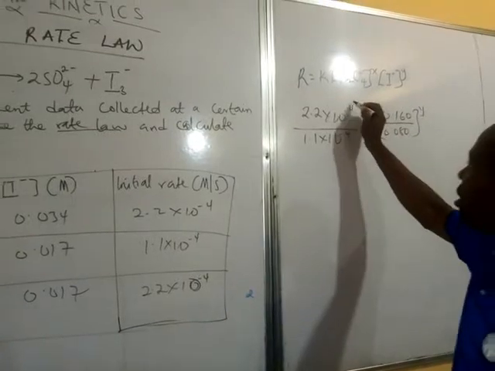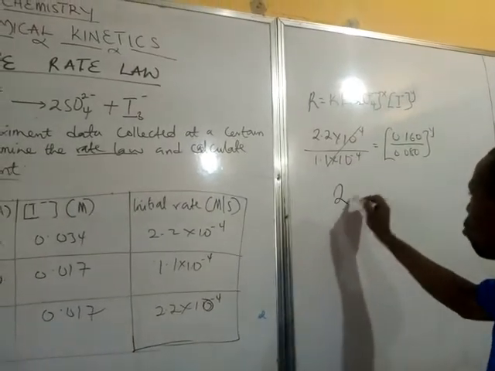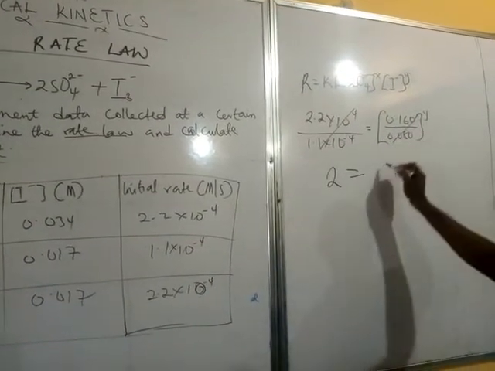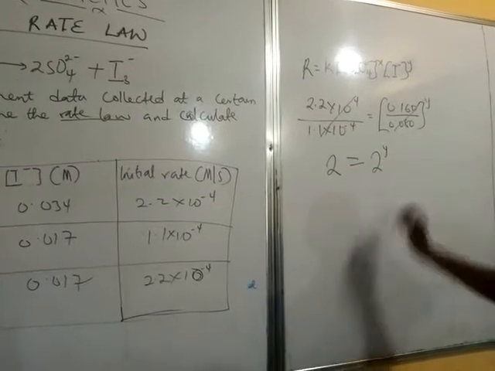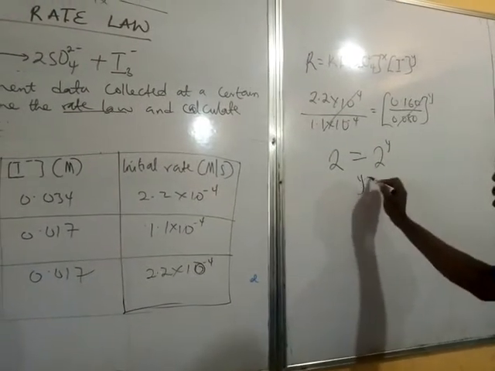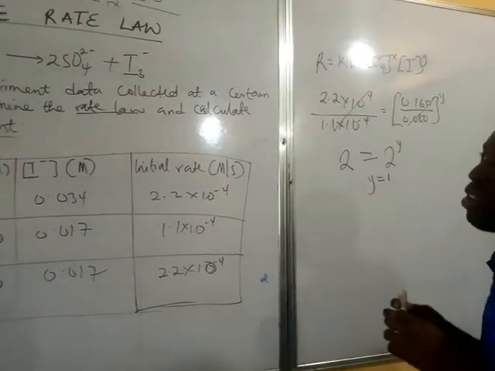So we divide this, you have 2. When you divide this, you have 2 raised to power y. So it means y is equal to 1,